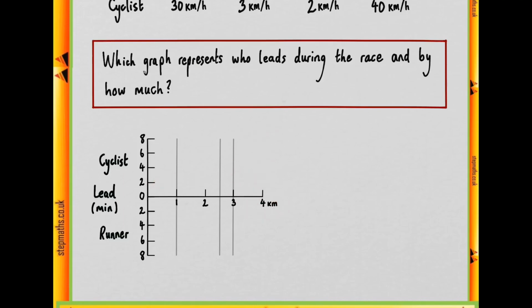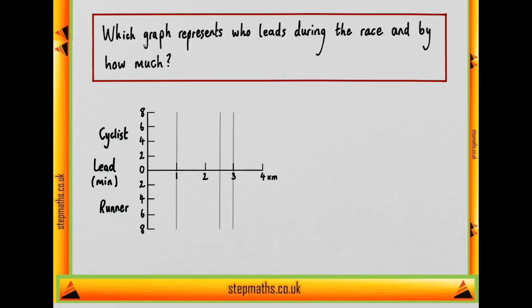So we have our 4 different parts of the course, and immediately looking through our answers, we can see that option E must be incorrect, since it has a different arrangement of the graph, such that the second section appears to end at 2 kilometres rather than at 2.5 kilometres. So we can say E is incorrect, we can rule that out, and now we can get into what the